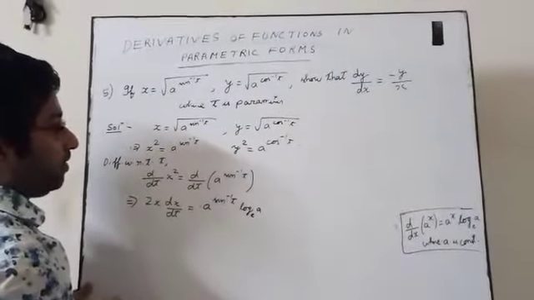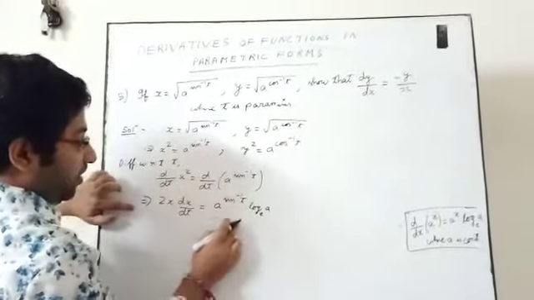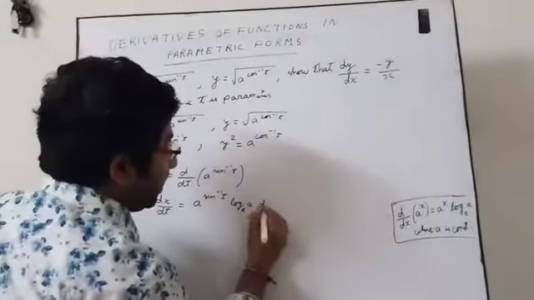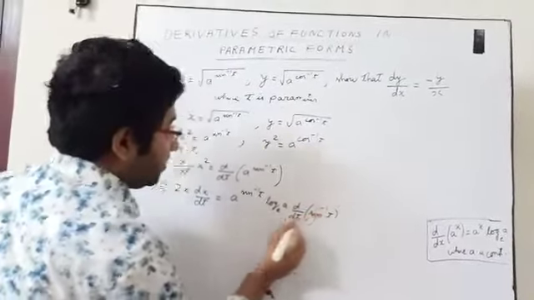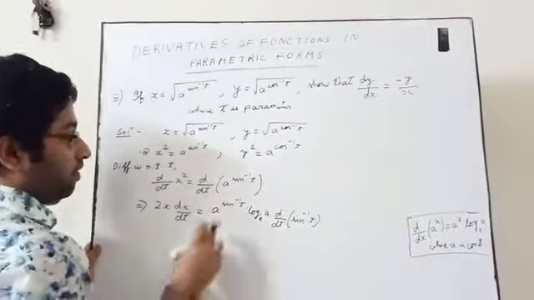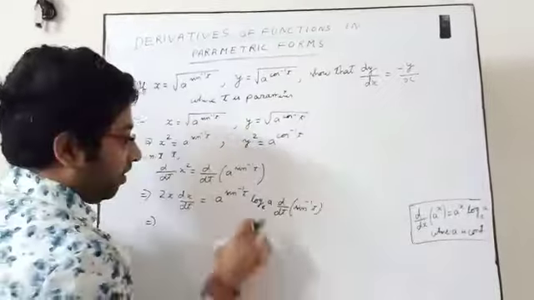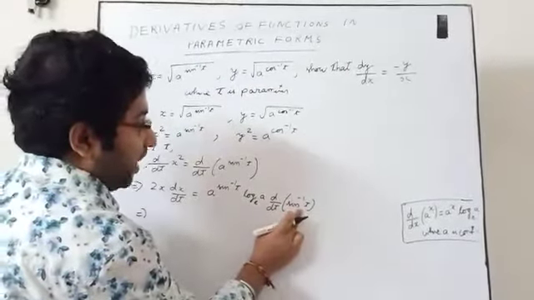Okay, so I am completing the sin inverse part first. Is it clear or not? Again, you have to do the derivative of a to the power sin inverse t. You have to do the derivative of sin inverse t, using the chain rule. Are you getting the point or not? Chain rule: a to the power x gives a to the power x log a into d/dx of sin inverse x.